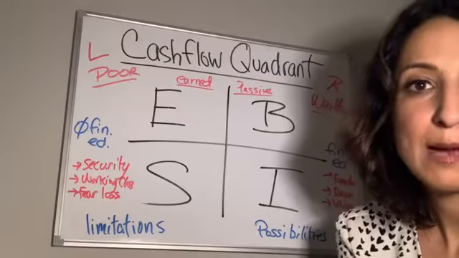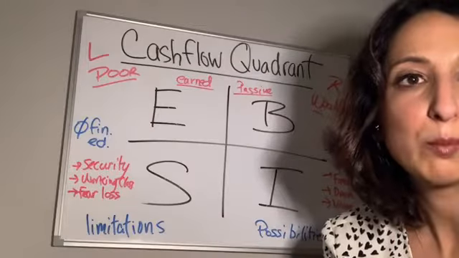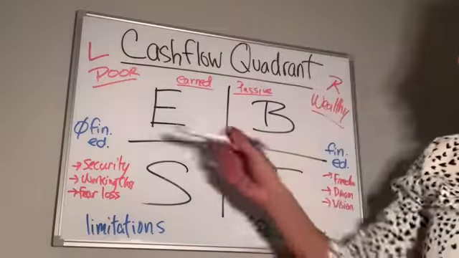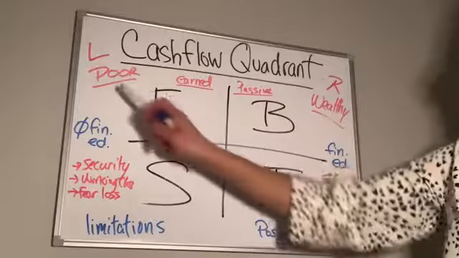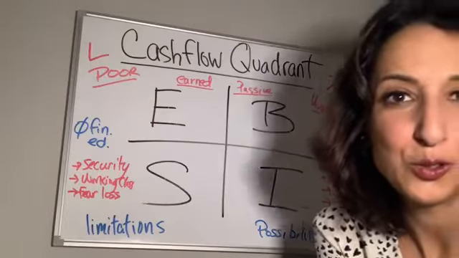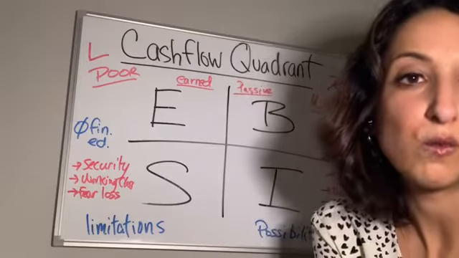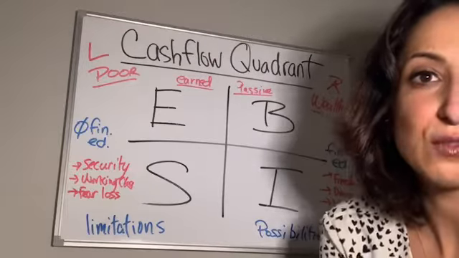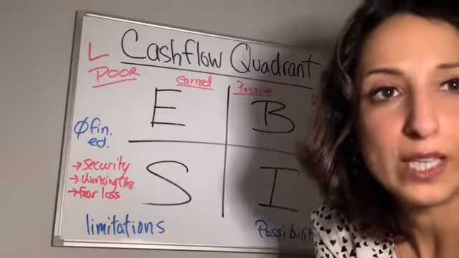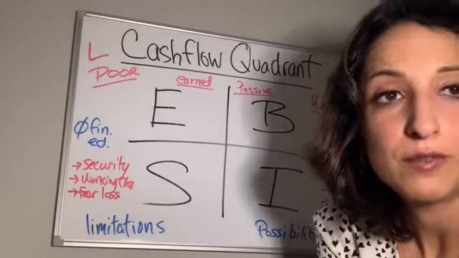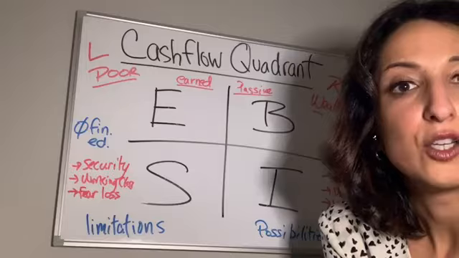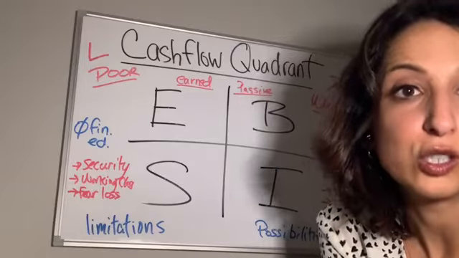So that just gives you an example of what the four different categories are where people are making their income from. So the way that we divide it, and you'll see I have an L here on the right, I have a poor and a wealthy. And I'm by no means here to criticize one quadrant over another. Like I mentioned to you guys, you can be successful in any of these. They each have their own strengths, their own weaknesses. There's risk in all of them. So you really want to choose where you're focusing your time and your energy and your development.